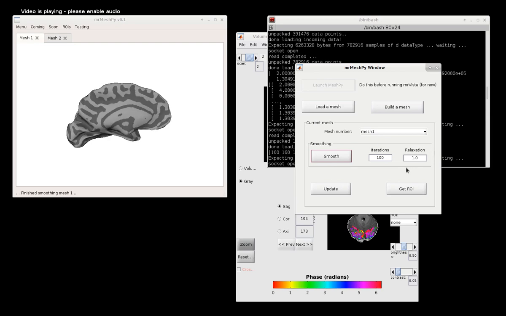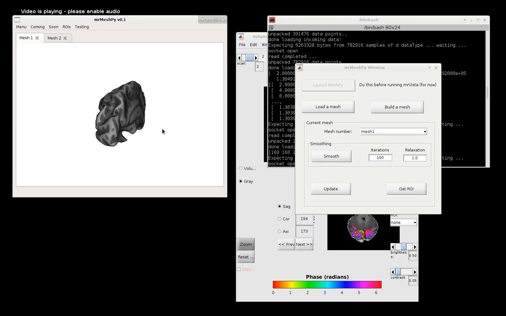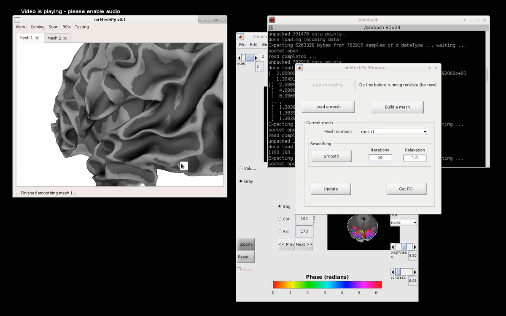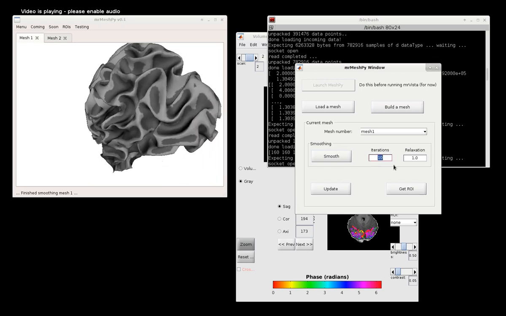So that will run hopefully in the background, and what's happened there, hopefully you'll see that it's automatically flicked over from mesh 2 to mesh 1, and we have a smoothed version of that mesh. The smoothing iterations here are always relative to the initial vertices that are loaded, by the way. So if I did 10 smoothing iterations, it would essentially go back to the initial vertices and only perform 10 iterations. So if I re-smooth that same mesh, there is the mesh only smoothed with 10 iterations,